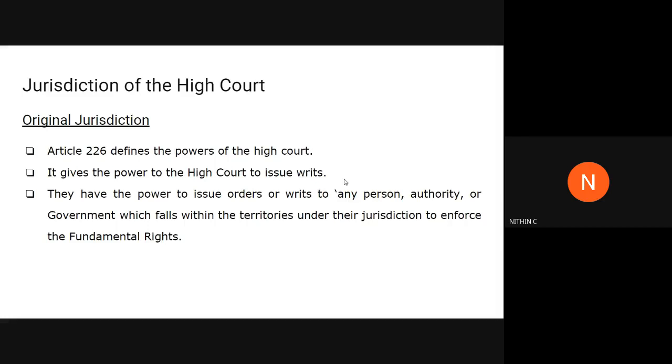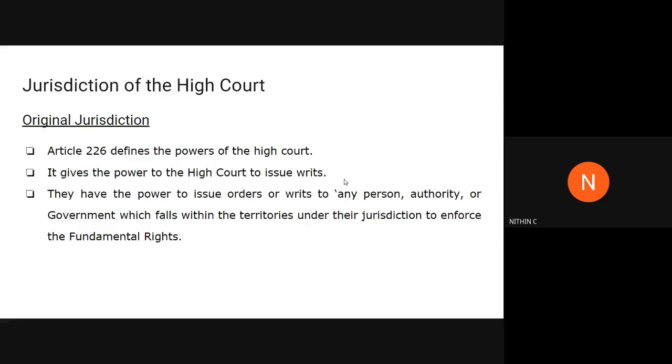Writs നേരത്തെ പറഞ്ഞ അതേ ടൈപ്പ് തന്നെയാണ്. നമ്മുടെ ഹേബിയസ് കോർപ്പസ്, മാൻഡമസ്, സെർഷറി, പ്രൊഹിബിഷൻ, ഇങ്ങനെ പറഞ്ഞ് നമ്മൾ ഒരു 5 ടൈപ്പ് റിട്സ് പറഞ്ഞിട്ടുണ്ടായിരുന്നു. ആ സെയിം റിട്സ് തന്നെ ഇവിടെ ആപ്ലിക്കബിൾ ആണ്. If you study the types of writs, that can be asked in several modules. ഫസ്റ്റ് മോഡ്യൂൾ, തേർഡ് മോഡ്യൂൾ ആൻഡ് ഫോർത്ത് മോഡ്യൂൾ. ഈ 3 മോഡ്യൂൾസിലും റിട്സിന്റെ ആ ടൈപ്പ് വളരെ ഇമ്പോർട്ടന്റ് ആണ്. So that is something which you should focus on, right from habeas corpus till prohibition.